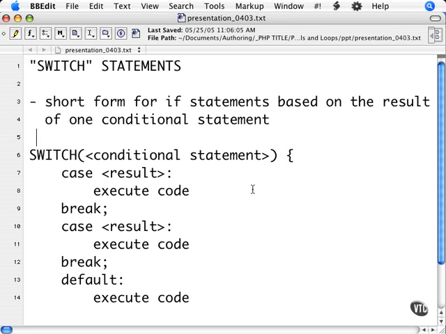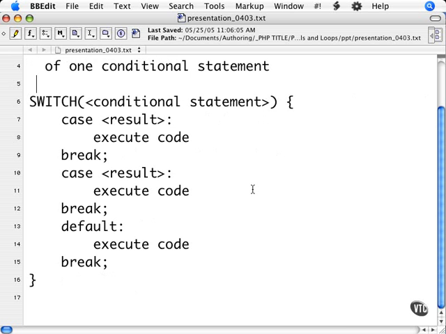The switch, or case conditional statement, is a sort of short form for an if statement. It takes one condition and executes code based on the results of that condition. I use the switch statement in almost every script that I write. In order to show you how and why I do this, first we need to quickly cover one of the